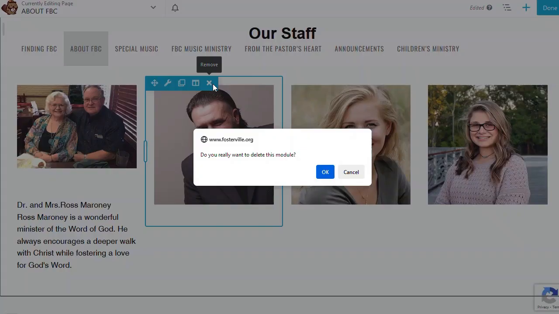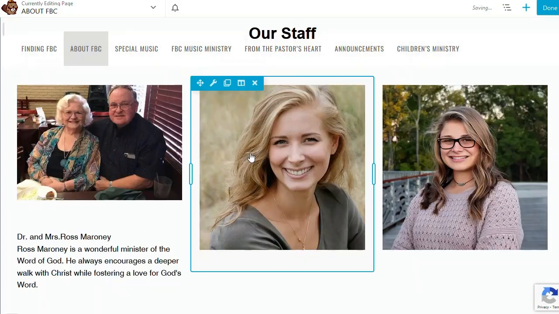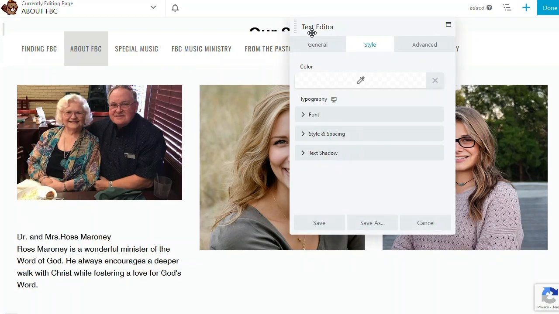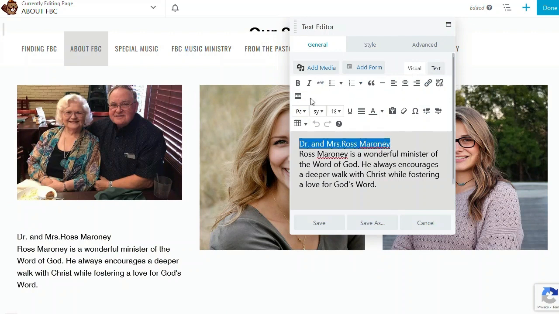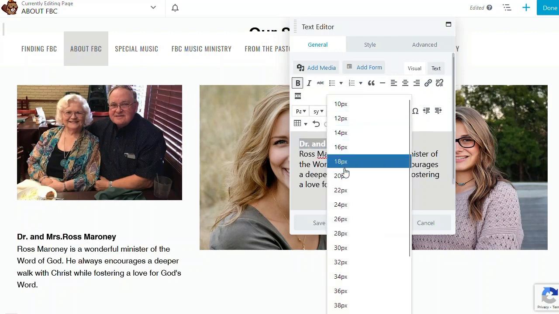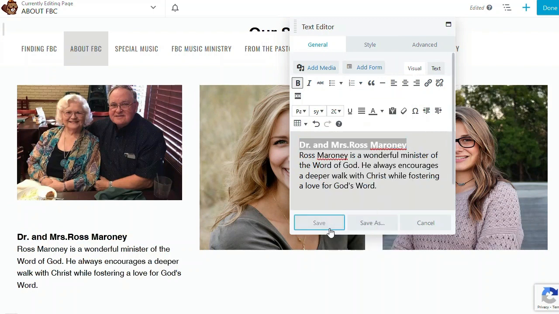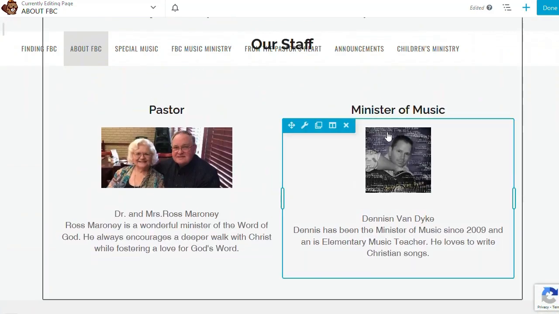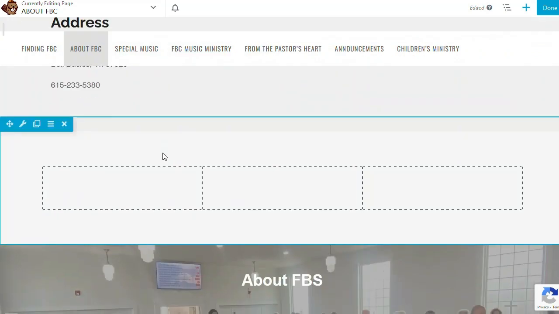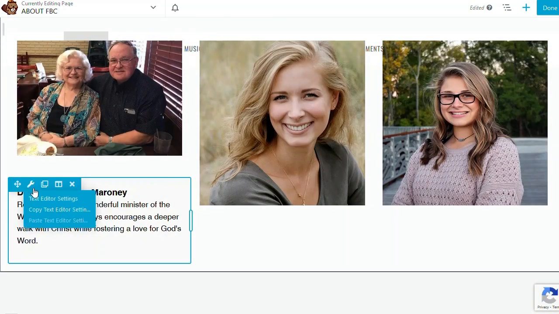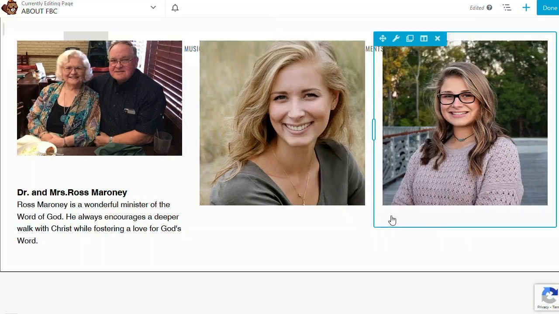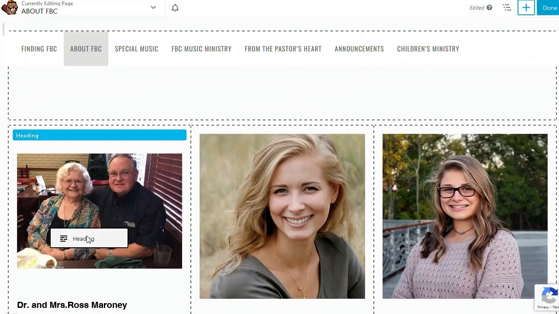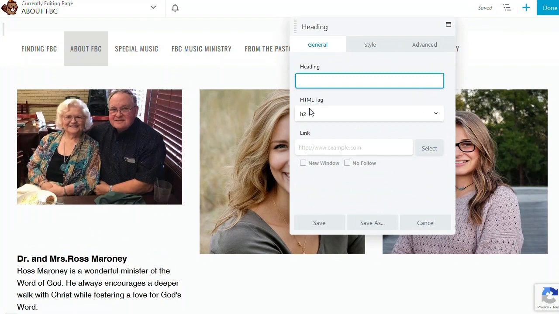So let's get rid of this photo here and the little section there. So now we're going to go into this again, and I want to make this bold text here. Pastor and his wife's name is, let's make it a little bit bigger, and let's save. And so now let's scroll back up and let's grab this guy's photo. So let's go back down. You know what? Let's do one more thing. Let's add a header. Here's our header right underneath the pastor